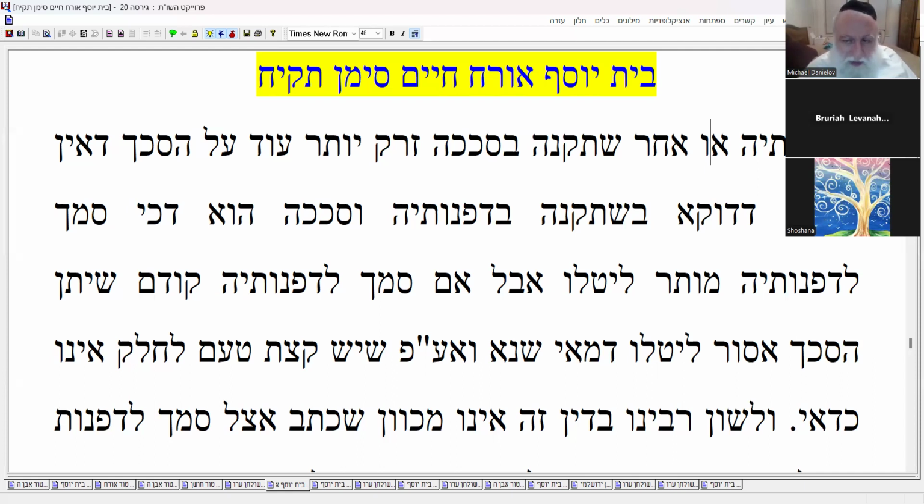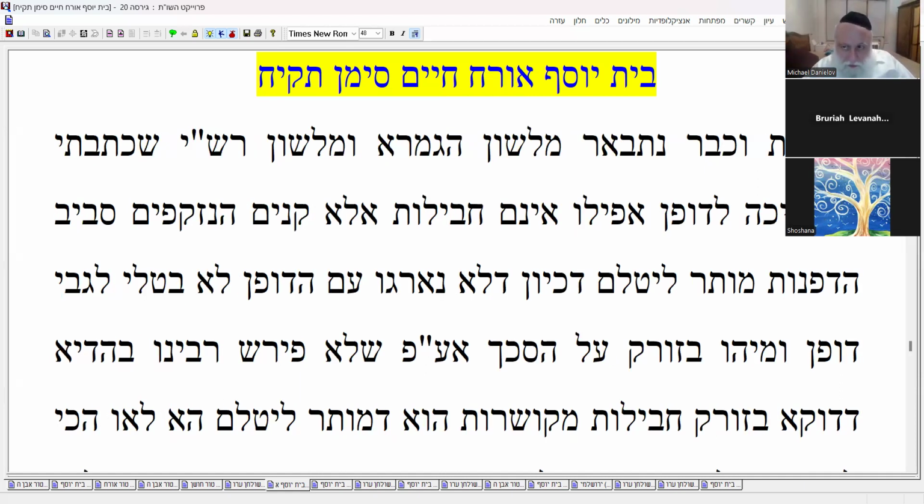So he says the language of Rabbeinu, the Torah, he says it's not really so precise. So he says regarding the issue of the schach and the walls, חבילות הוא כבר מתבאר בלשון גמרא, בלשון רש"י, כתבתי בסמיכה לדופן אפילו אינה חבילות. So he says here, right,